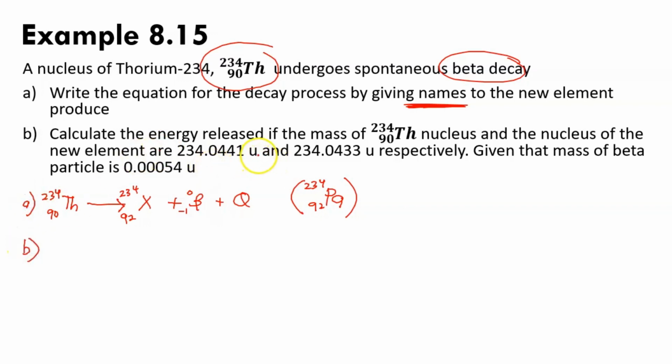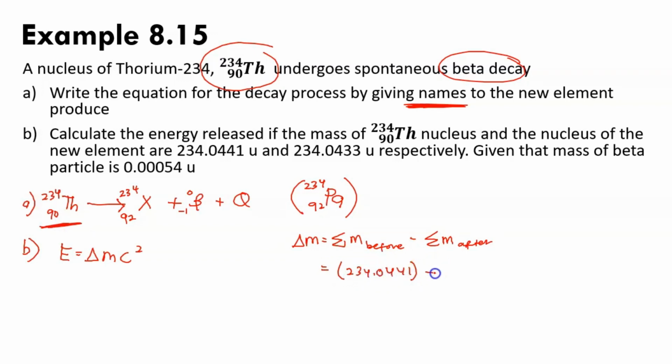Calculate the energy release. Alright, so to find energy release, E equal to delta m c square. So we don't have delta m yet. c is the speed of light. So delta m, we can find it by using summation mass before minus summation mass after. So before tolak after is only for process decay and also nuclear reaction. Mass before, based on the equation, is this one, thorium. The mass is